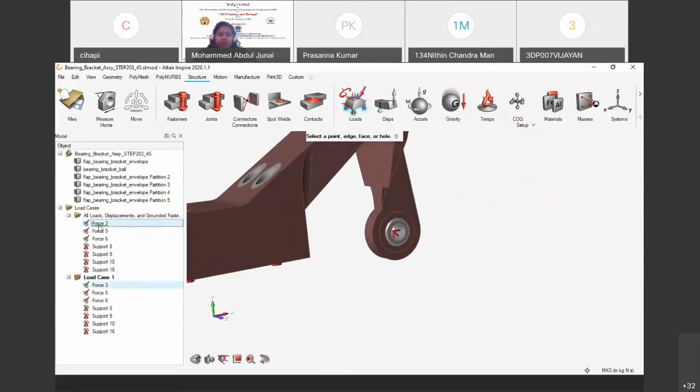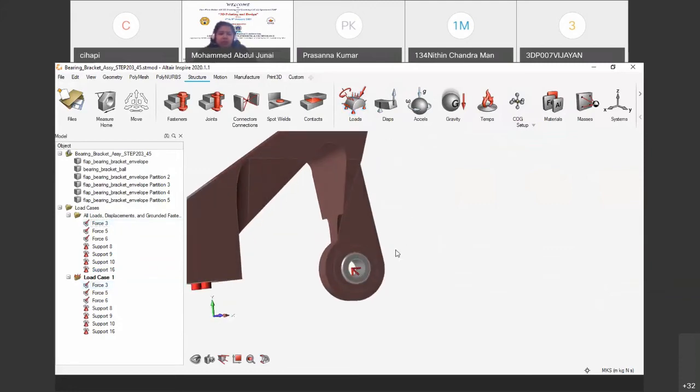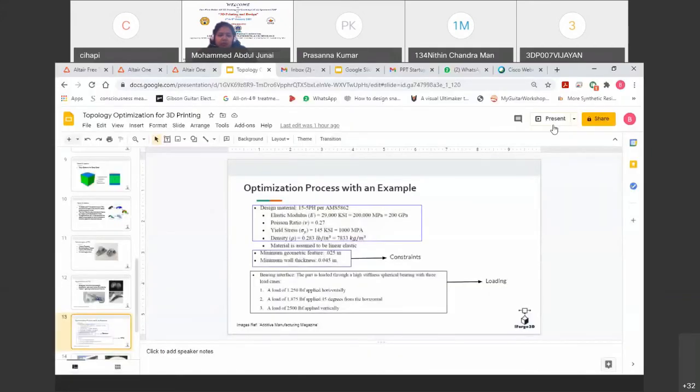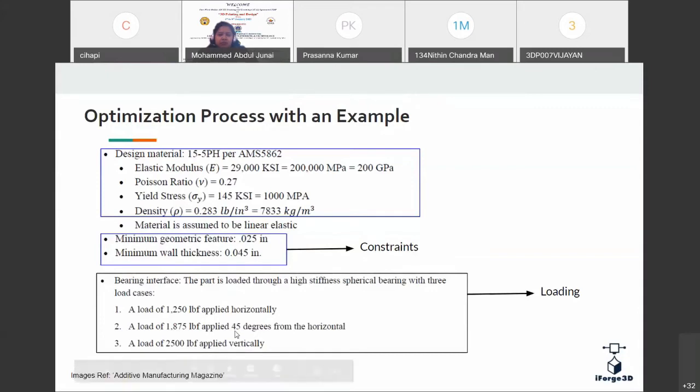Like the options which I have already created in this particular design, it is 5556 newtons. I'm just sharing the content with you: we have a problem statement here. A load of 1250 pounds applied horizontally, 1875 pounds applied at 45 degrees from the horizontal, and a load of 2500 pounds applied vertically.